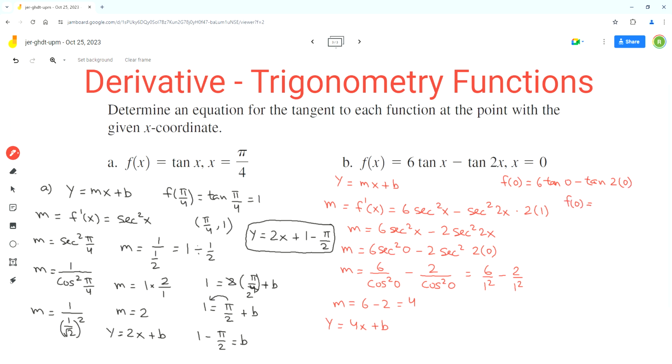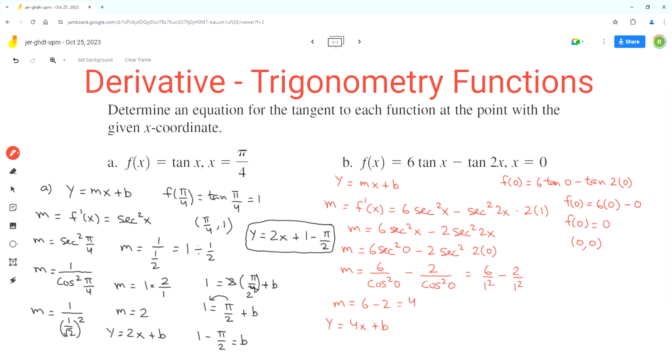We know that tan of 0 is equal to 0. And in the second term, 2 times 0 is 0, so tan of 0 is 0. So 6 times 0 is 0, and 0 minus 0 is equal to 0. So the point that lies on the tangent is